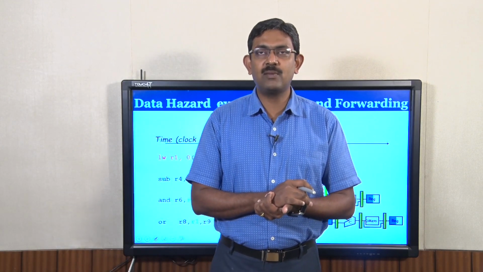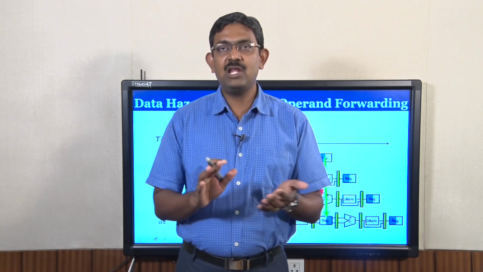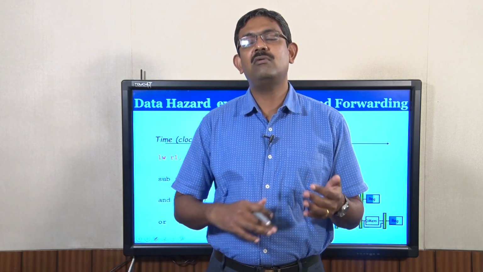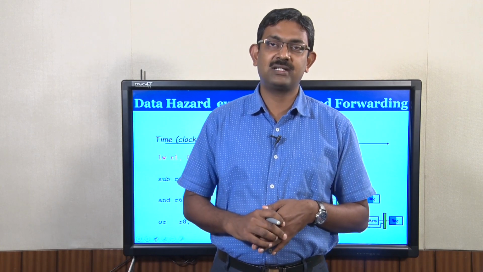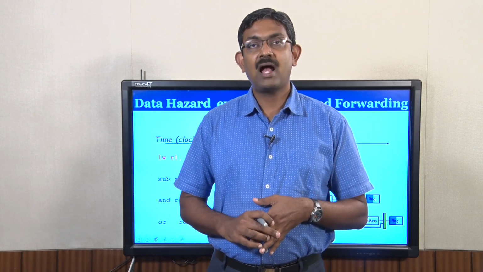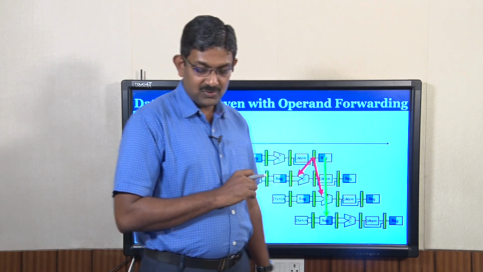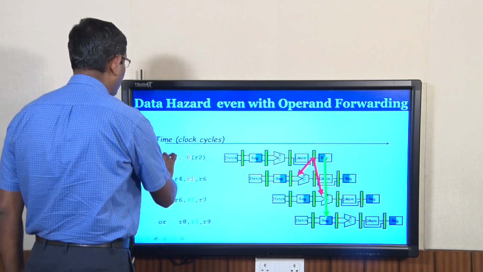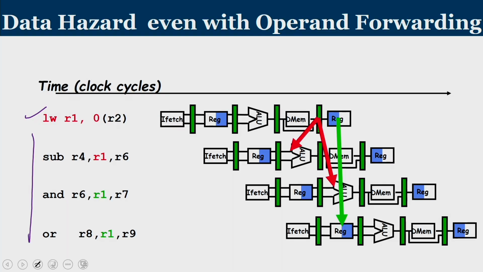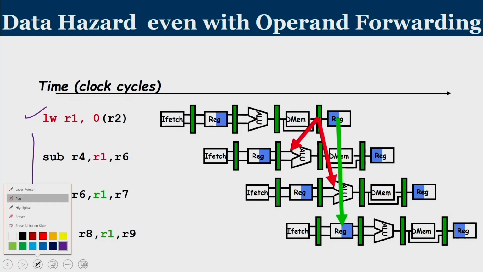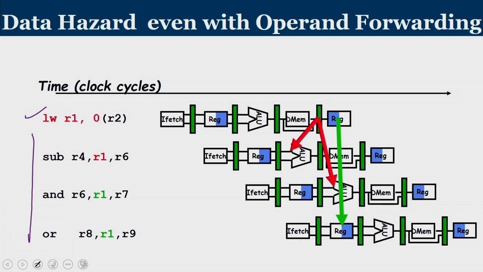But we know that inside a program, it is not only ALU instructions that we are going to deal with. We have heterogeneous instructions. It can be load-store instructions, branch instructions and other control transfer instructions apart from ALU. So, look at this example that you see in the slide, where we have a load instruction followed by a sequence of arithmetic logic instructions. We know that operand forwarding is allowed: as and when the data is ready, the data is forwarded from one pipeline register to another pipeline register, and using appropriate multiplexers we can take the data.